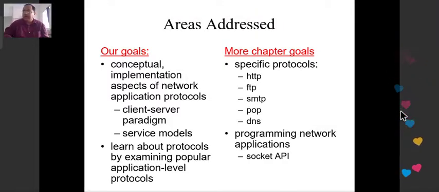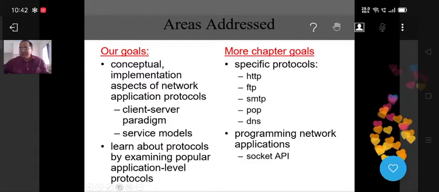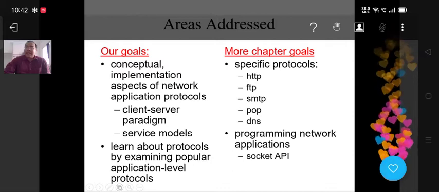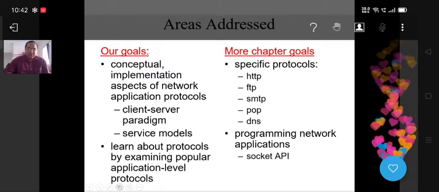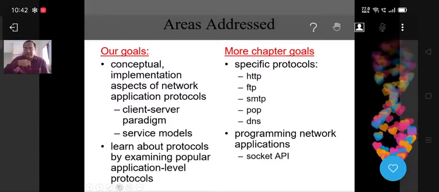I take this top-down approach. Now here we will learn a few things like the client-server paradigm. We keep on saying that so-called Google server and all. We will get to know today why I keep on saying so-called Google server. Service models, TCP, UDP, reliable, unreliable service model. We will learn that, but more specifically in the transport layer.